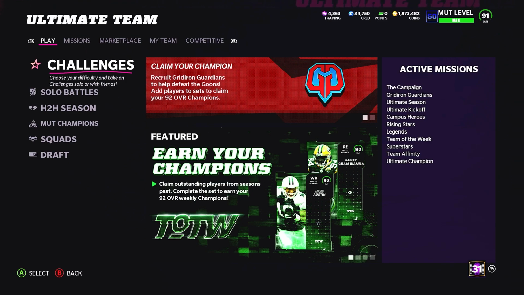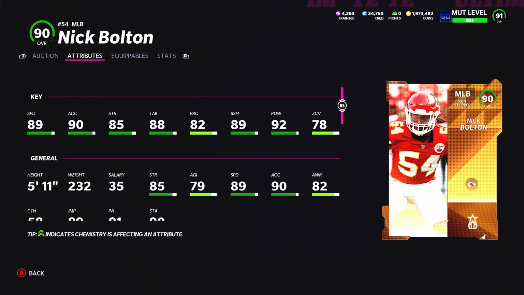Let's hop into the content today. Wednesday, Rising Stars. It's going to be sell day for us. Most feared hype has been growing around social media, but the first card, Nick Bolton, 90 overall middle linebacker for my Kansas City Chiefs. I think he plays your outside linebacker, weak side linebacker for us in a 4-3, so